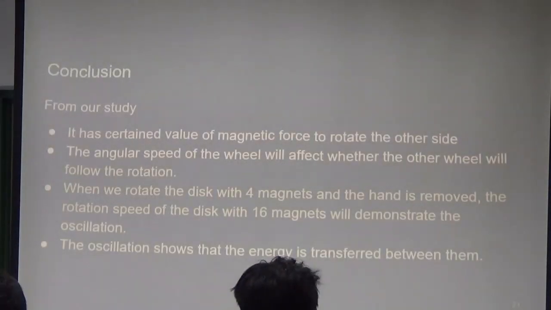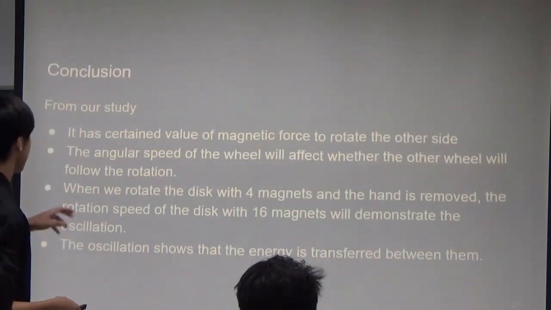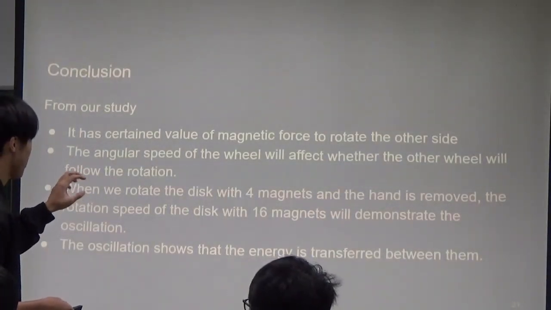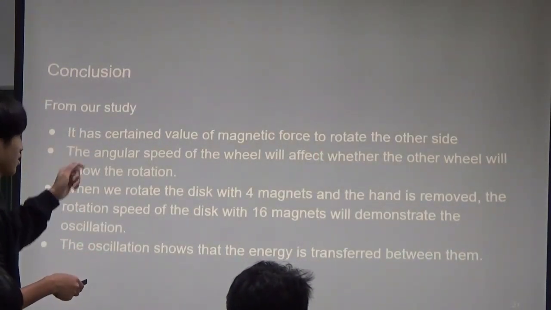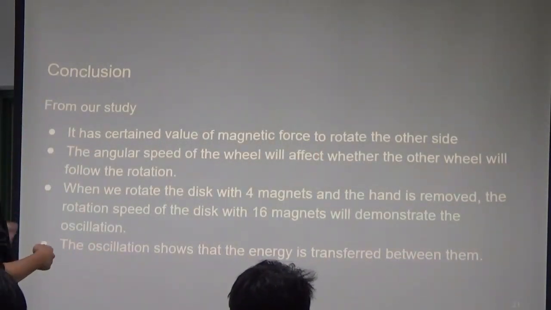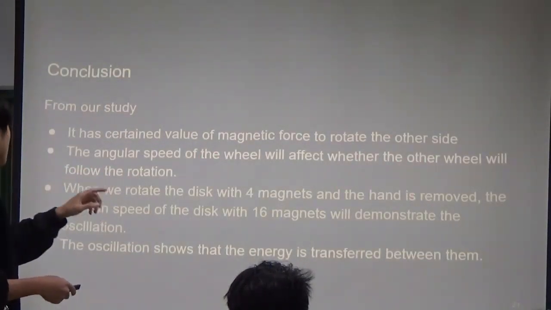So this is our conclusion. For our study, it has a certain value of magnetic force to rotate the other side. It is also the same case as the distance. It has a certain distance of the two wheels to exhibit the magnetic phenomena. And the other one is the angular speed of the wheel will affect whether the other wheel will follow